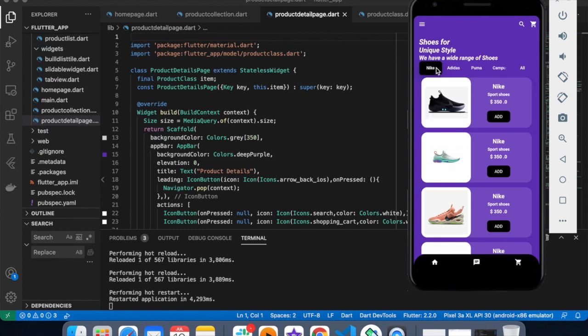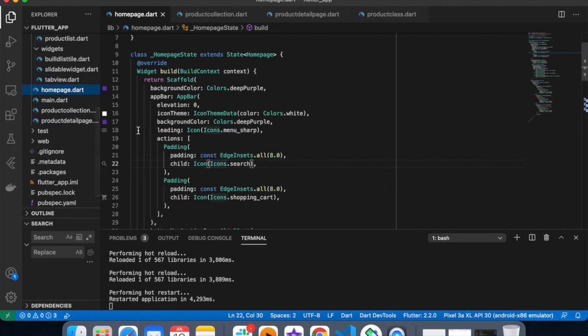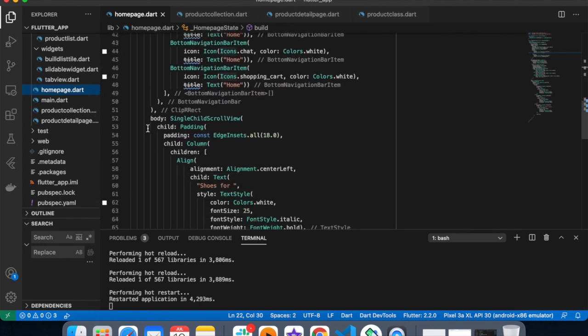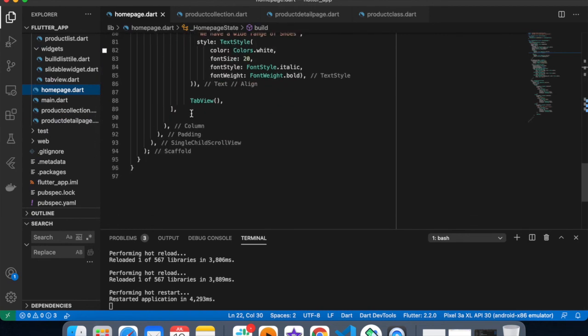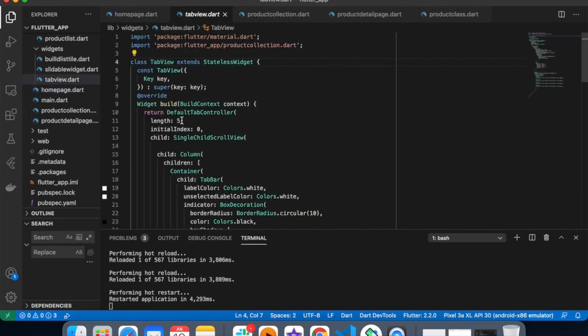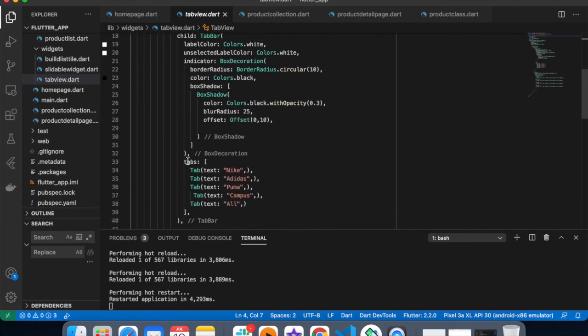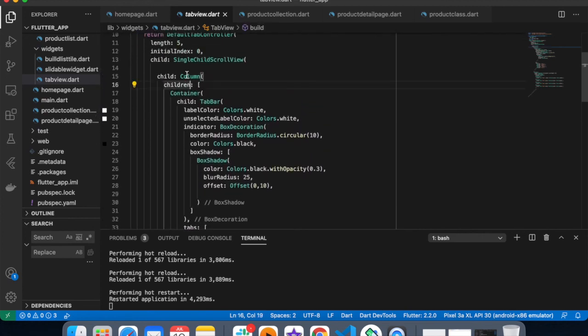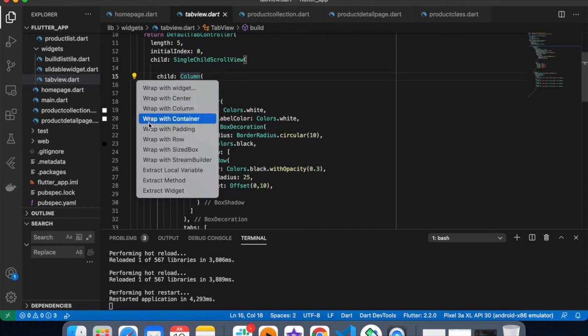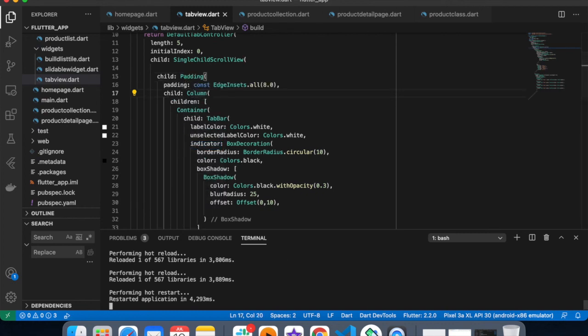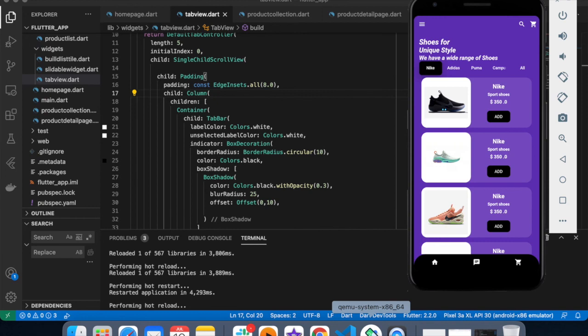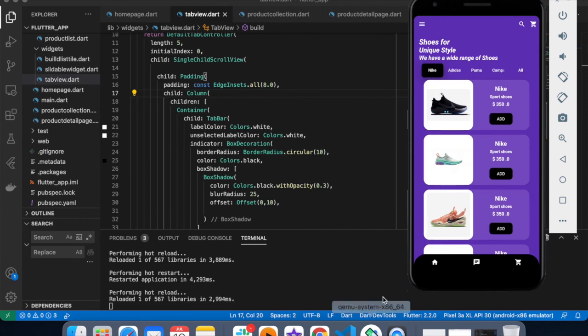So I have to wrap my tab bar with padding. So let's give the padding to my tab bar view. Inside a tab bar, let me give the padding to this. Okay, fine.